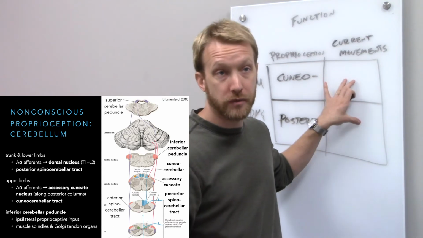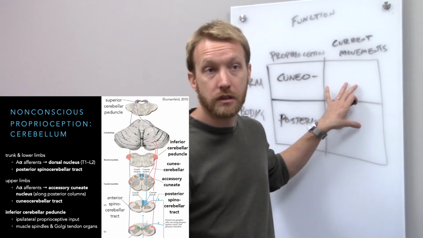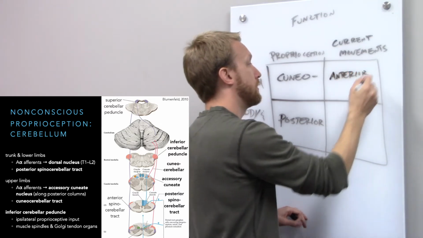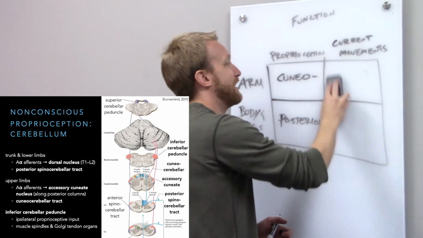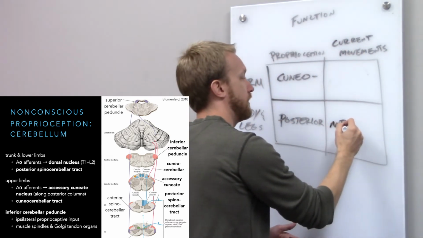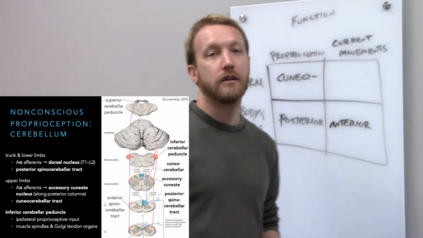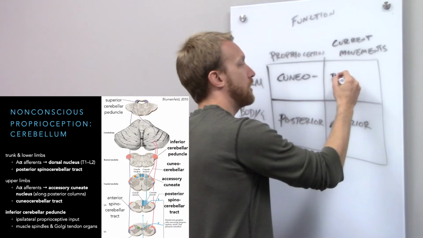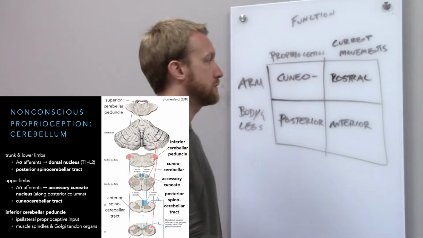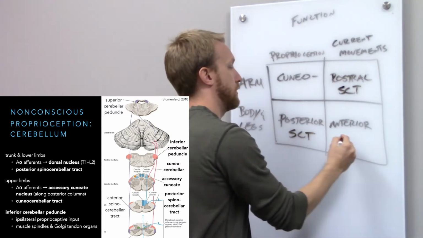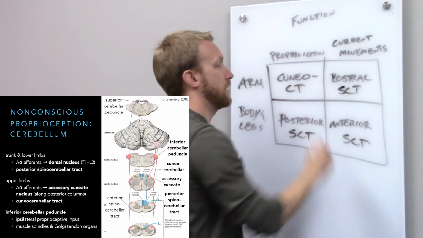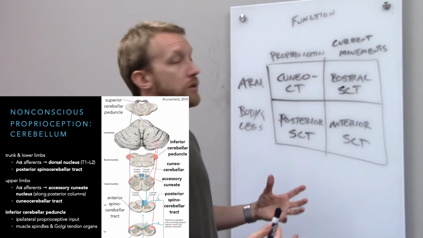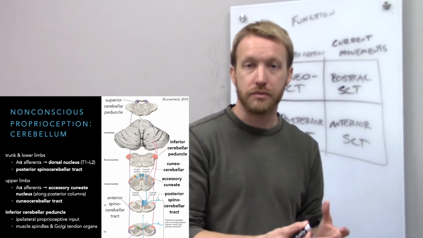If we're talking about current movements, trunk and lower limbs are going to be carried along the anterior spino-cerebellar tracts. And then there's a minor projection for the arms, current movements, called the rostral spino-cerebellar tracts. Cuneo-cerebellar tract. So those are our four tracts. And they're all dealing with knowing where your body is now and will soon be so we can properly coordinate